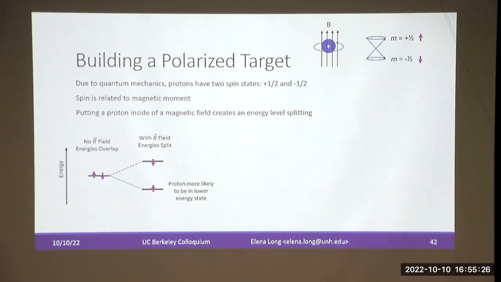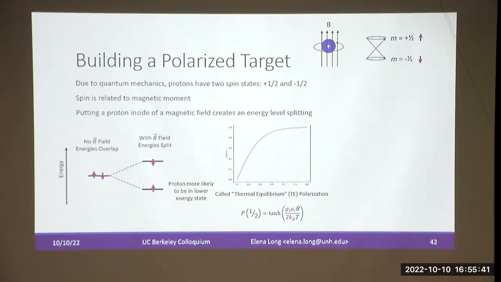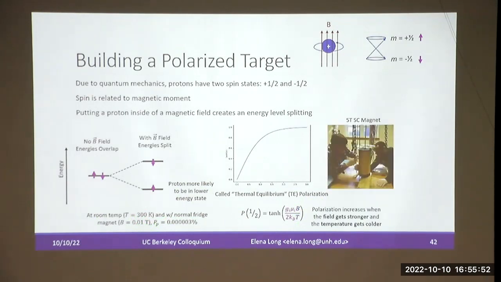And generally, things are more likely to be in the lower energy state than the higher energy state. So we get what's called a thermal equilibrium measurement that's just dependent on the magnetic field that we're putting in and the temperature. If we want to increase polarization, we can change these two things. If we're at room temperature, and let's say we had a fridge magnet, we get an extremely tiny proton polarization. But if we make the temperature go down and the field go up, we get a